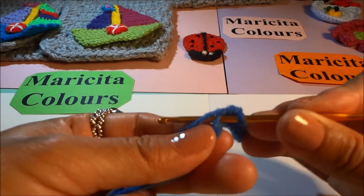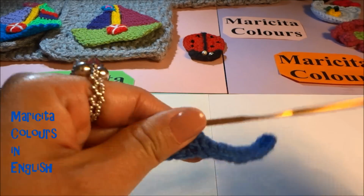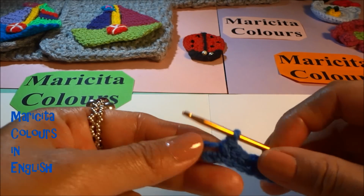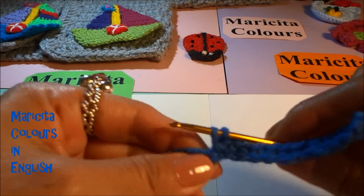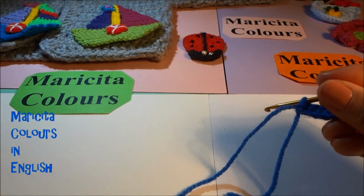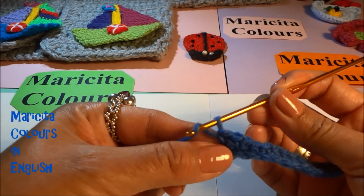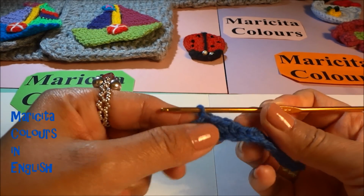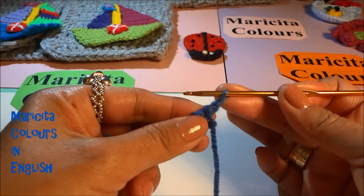So we must make single crochet until the end of our chain. Now I am almost at the end of the row. Look, I insert and here I make the last single crochet. Now I will make one chain and we turn the crochet work, volteamos el tejido,